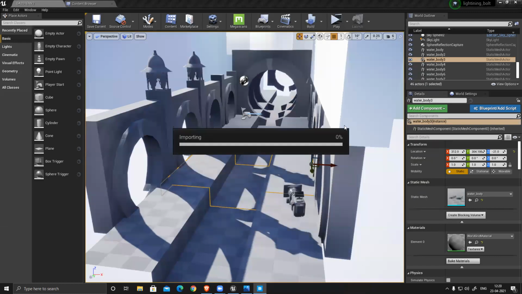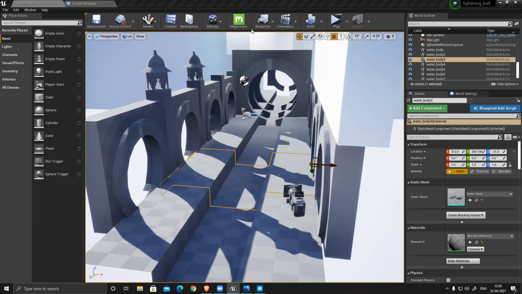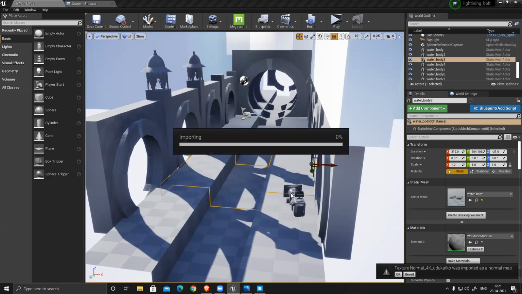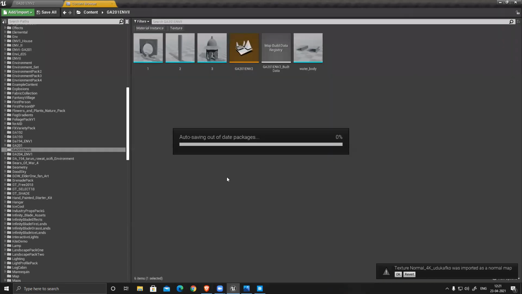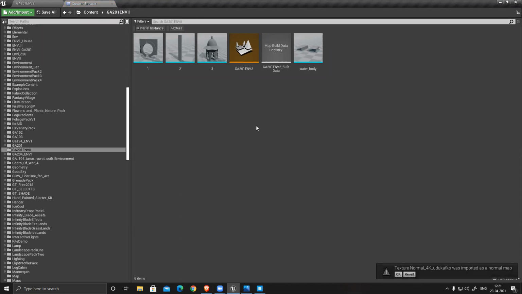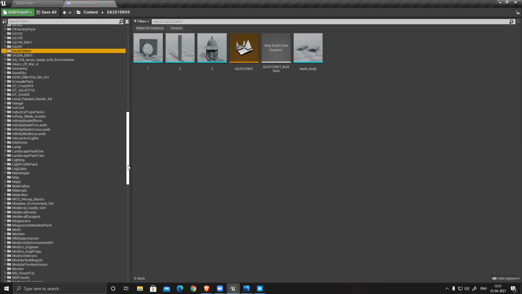So you can see instantly in Unreal it's showing import because this plugin is already loaded. So it will import everything. And it will open that folder. Okay, where is my folder?